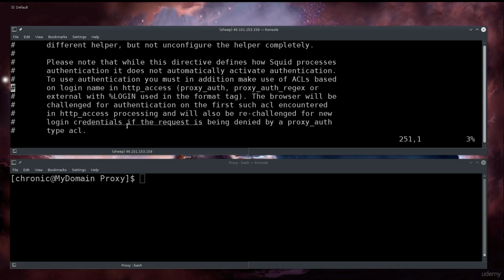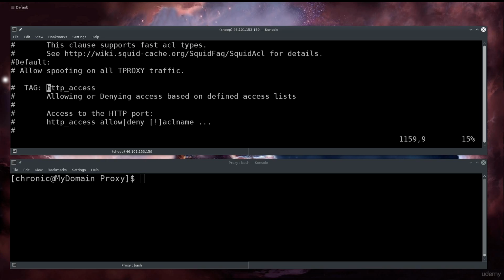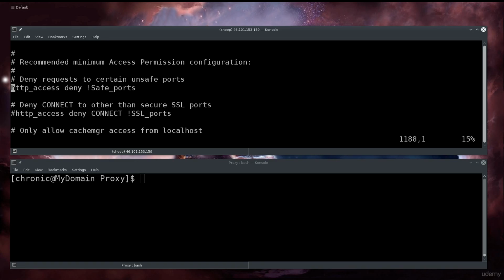And then that will search for this string, and then press N for the next one and go next, next, next, next, next, next, next. Okay, so this is the first line which you will need to change. There's going to be a hash here in front of this, so you just need to remove that hash. So just completely remove the hash,